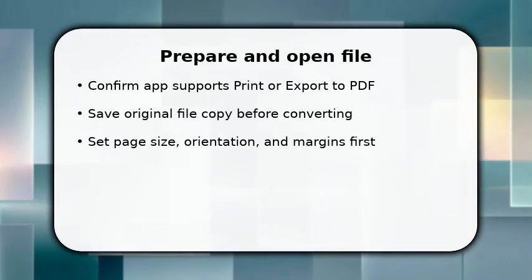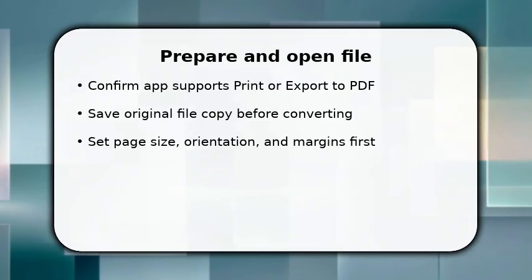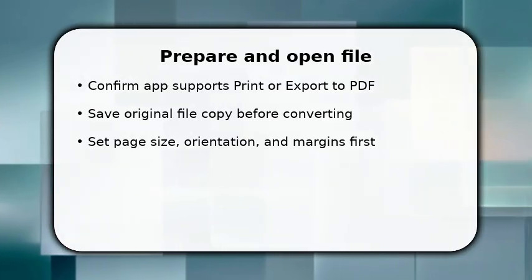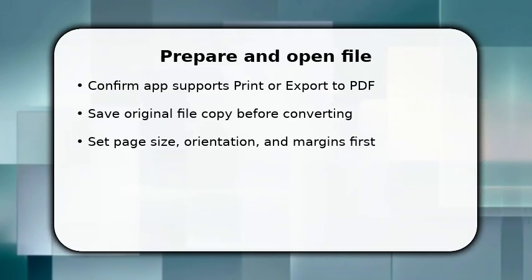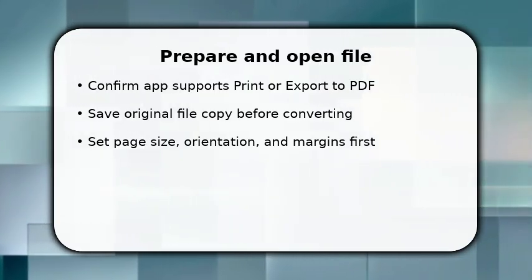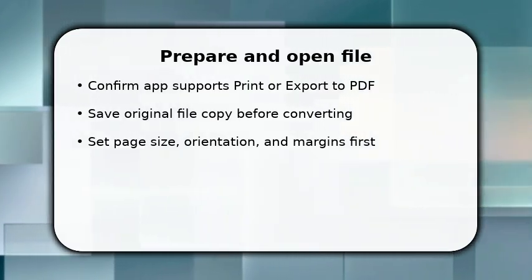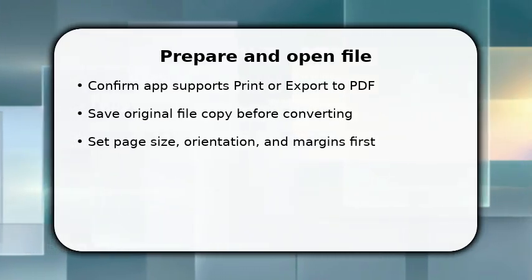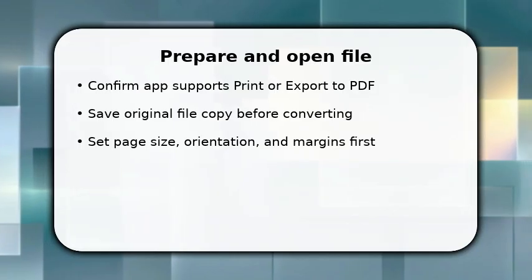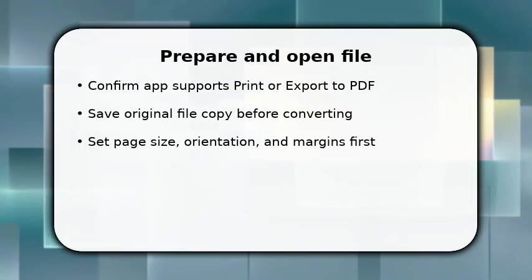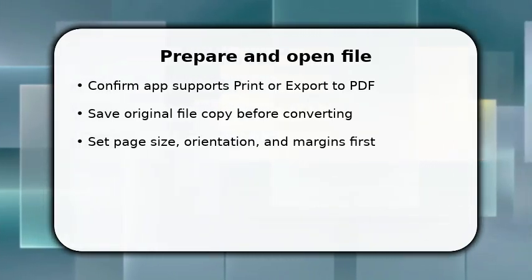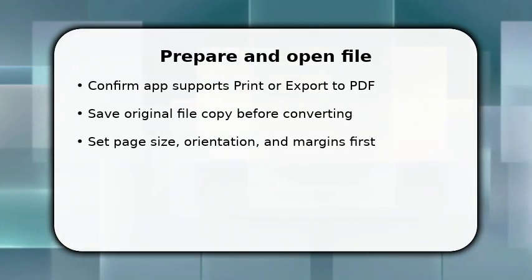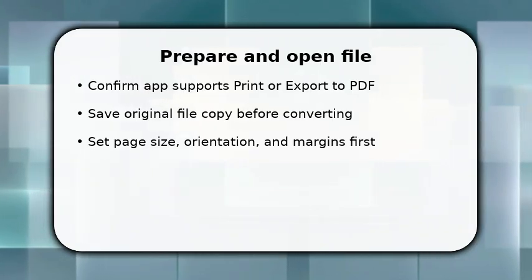You start by opening the document and confirming the app supports export or print to PDF. Choose the correct page size and orientation now, because PDF preserves layout. Once done, save a separate copy so you can revert if needed. Make sure images and fonts are embedded or linked correctly. Missing fonts change layout. This first step prevents surprises later and ensures the file you convert is the exact version